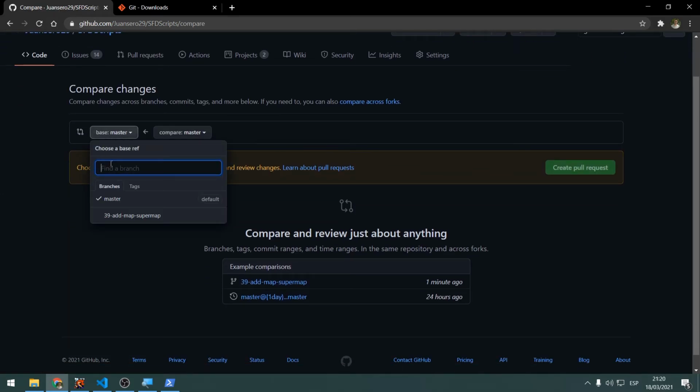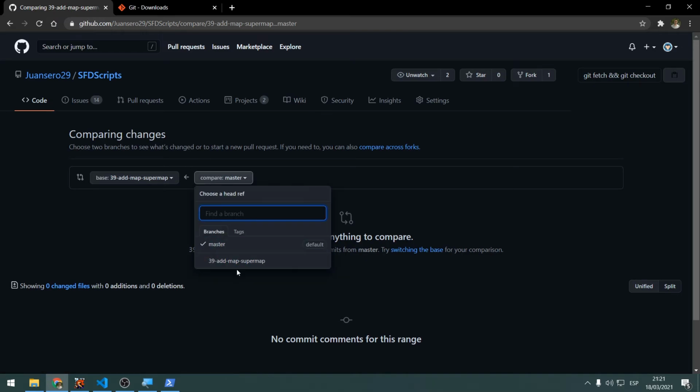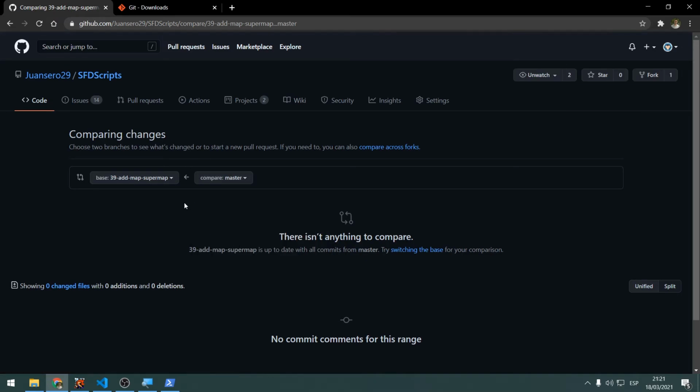So you're gonna choose here, you're gonna have a different kind of view here in which you're gonna also be able to choose one of the repositories from your profile. So you're gonna choose that repository from your profile, your own branch, and you're gonna compare it to master, which is the default branch